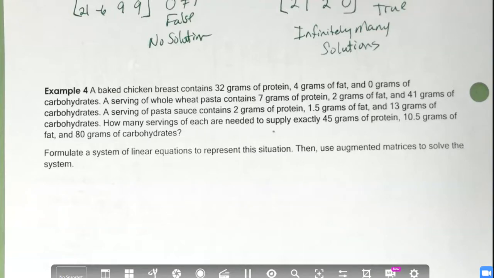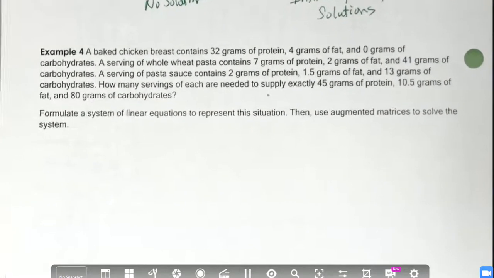For a serving of whole wheat pasta, we have 7 grams of protein, 2 grams of fat, and 41 grams of carbohydrates. A serving of pasta sauce contains 2 grams of protein, 1.5 grams of fat, 13 grams of carbohydrates. How many servings of each are needed to supply exactly 45 grams of protein, 10.5 grams of fat, and 80 grams of carbohydrates? So this problem is a little different from the other ones that we've had, but we know